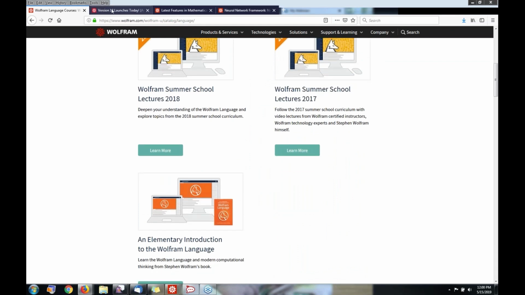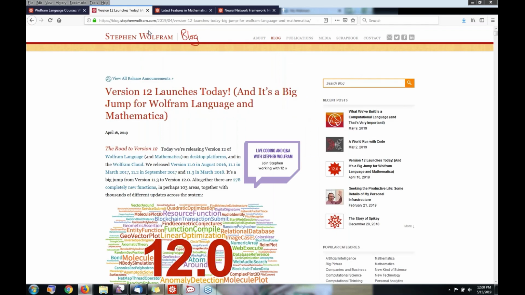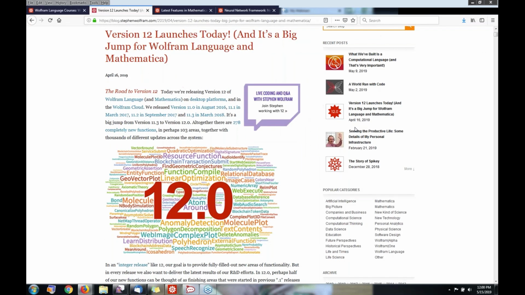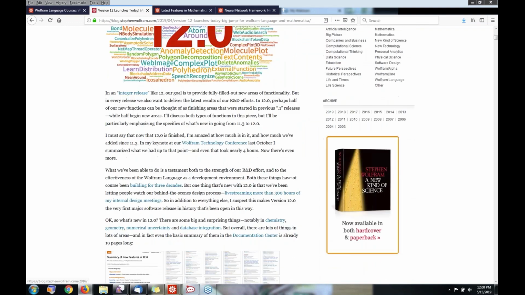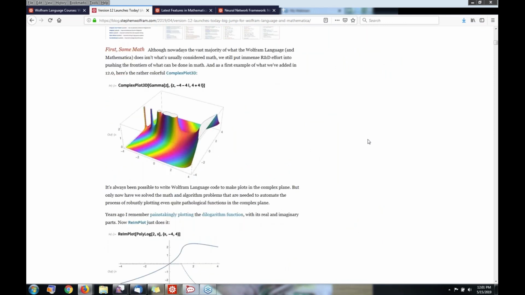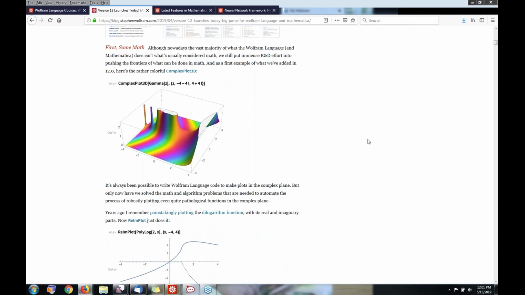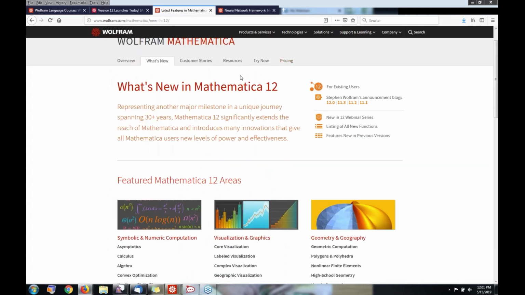Last month, Stephen Wolfram announced the release of version 12 with a blog post highlighting many of the topics we'll explore live and in person with the function developers and code experts in this webinar series. In upcoming sessions, we'll cover mathematics, scientific visualization, extended capabilities of the Wolfram knowledge base, and integration with external and real-world systems. We'll send you reminders for each upcoming session and hope that you'll join us for all four webinars in the series. Today's topics will bring you up to speed with the latest in machine learning and neural networks